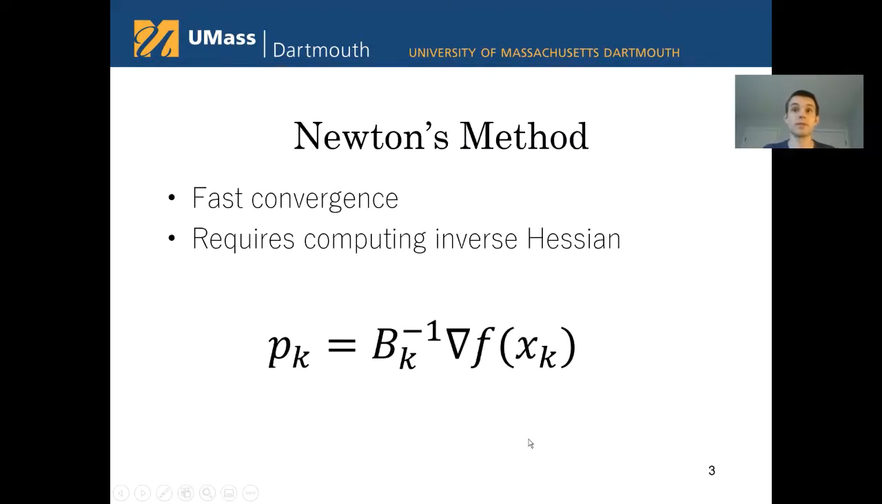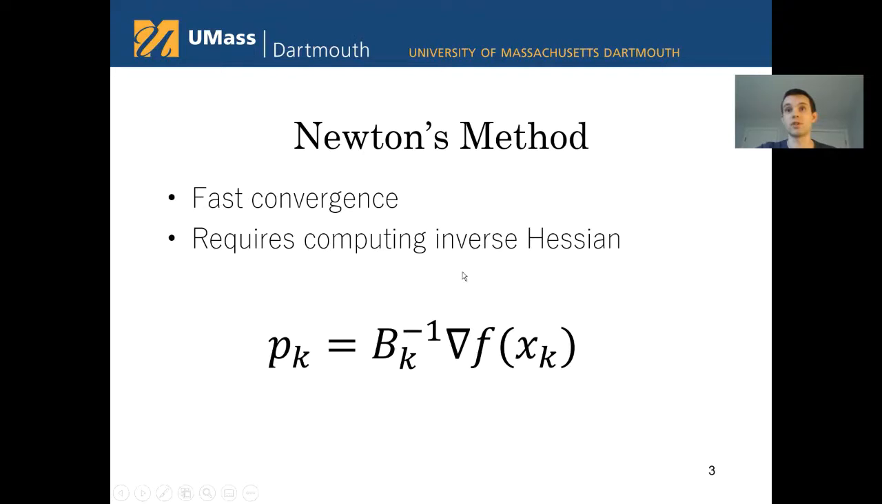Now, there's a lot of research on how to actually pick the search direction. One of the most popular methods is Newton's method, which is extremely fast. The way it works is you multiply the inverse of the Hessian, which is represented by BK here, and you multiply it by the gradient of the point that you're currently at. Now, this yields the search direction, and this is one of the fastest methods for finding an optima, but it requires computing